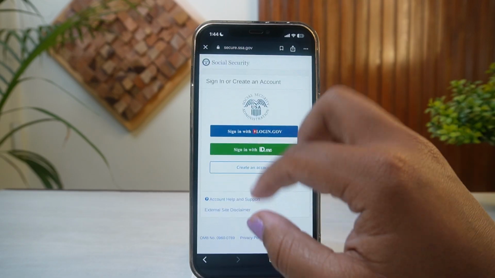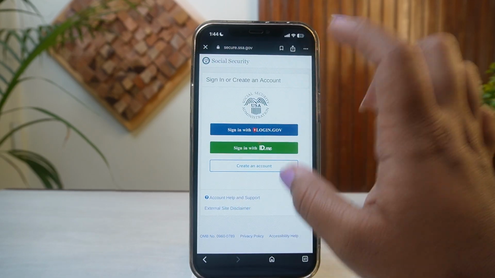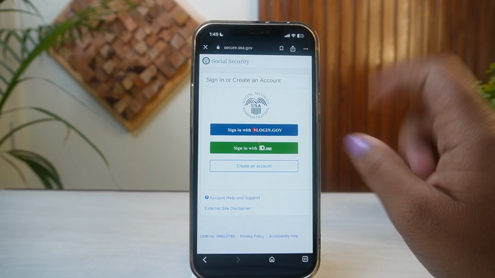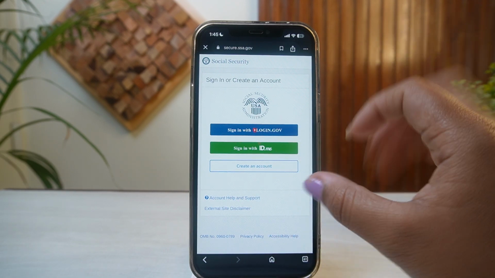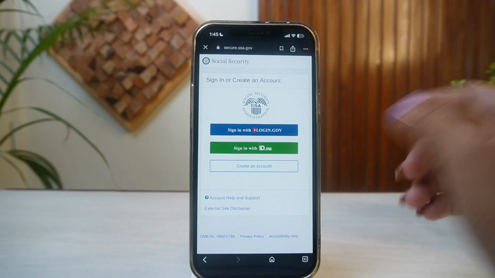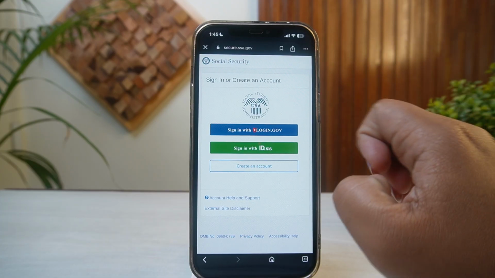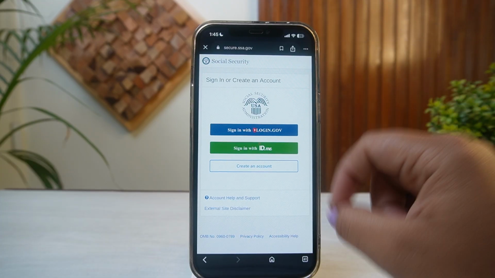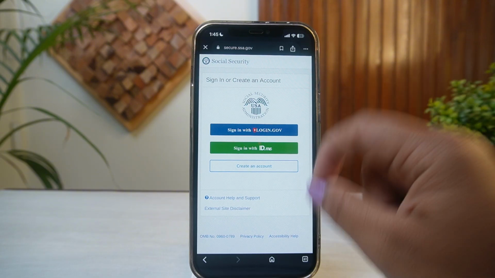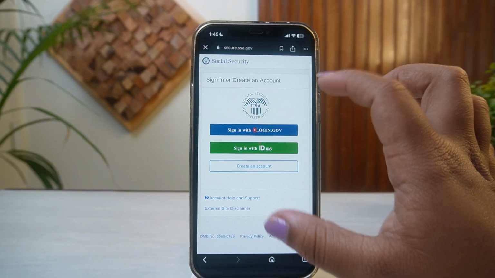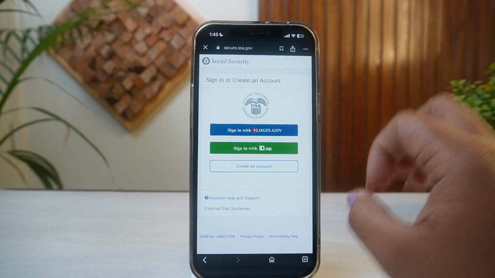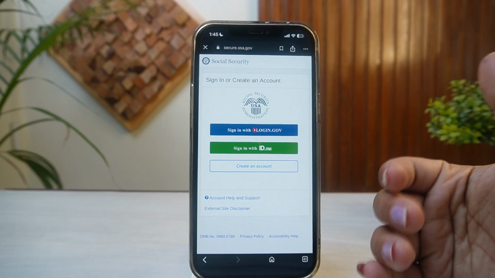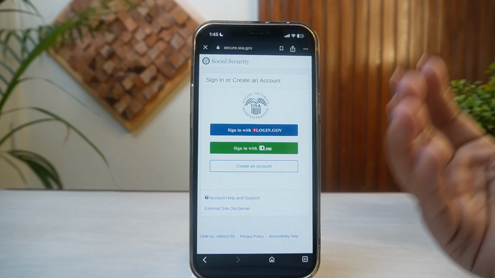After successfully logging in, you can navigate to security settings on the associated login provider. Since SSA relies on login.gov or id.me, you'll need to go to the respective provider's profile management page and select delete account. Basically, delete the provider profile, and then from there you can simply contact the SSA,